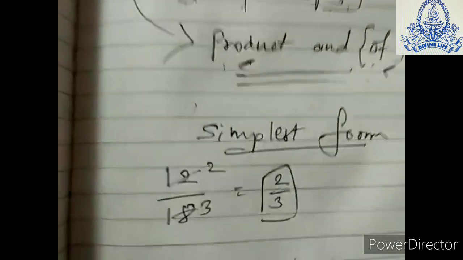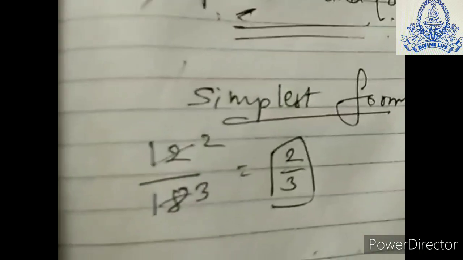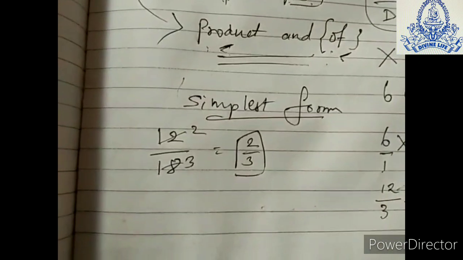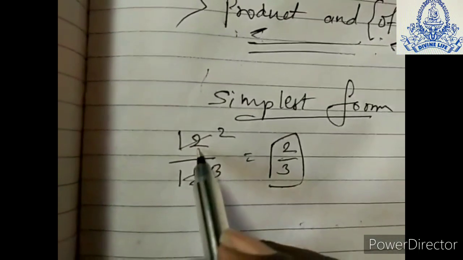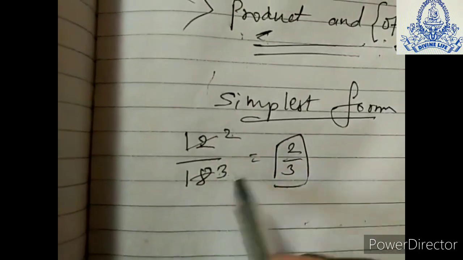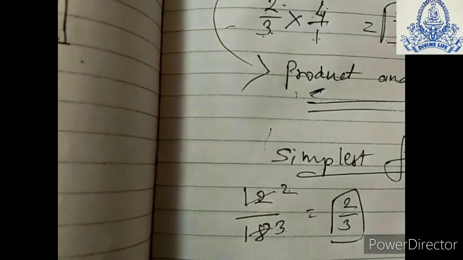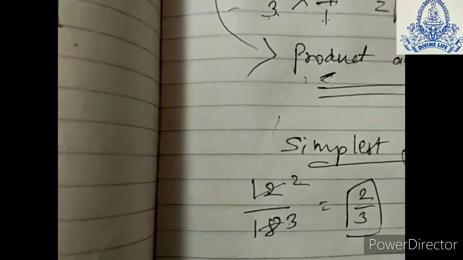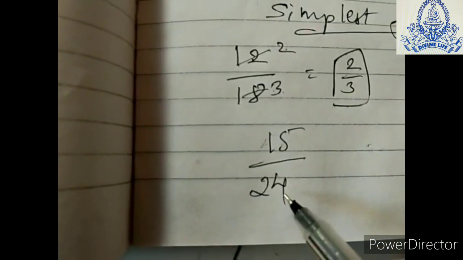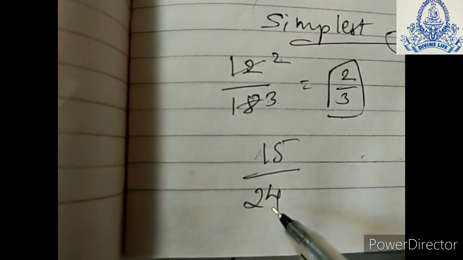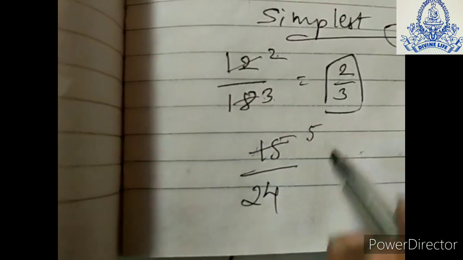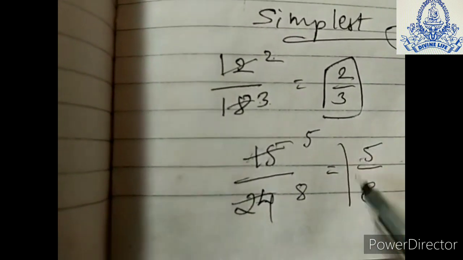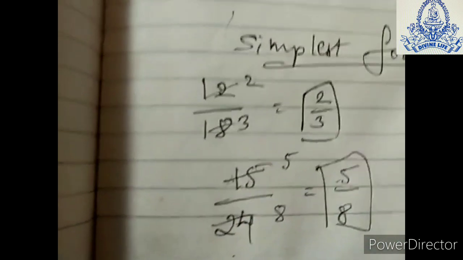Now the last topic is the simplest form. Here one number is written, I have written 12 upon 18 form. This is to be put into the simplest form. In the same table, if we are getting 6 2s are 12, 6 3s are 18, then 2 upon 3. Same way, any number. Suppose I am taking 15 upon 24, right? So for the simplest form of 15 and 24, both are coming in the 3's table. 3 5s are 15, 3 8s are 24. So 5 upon 8 is the simplest form of 15 upon 24.